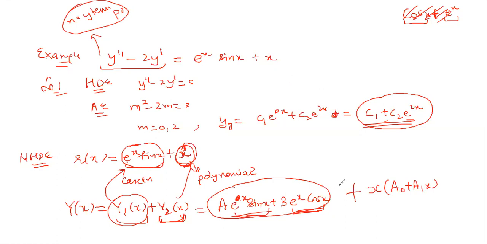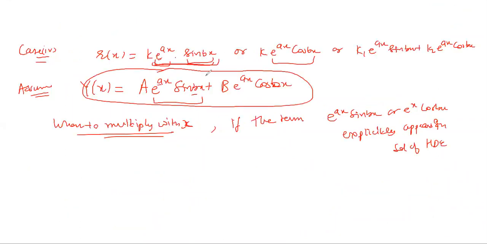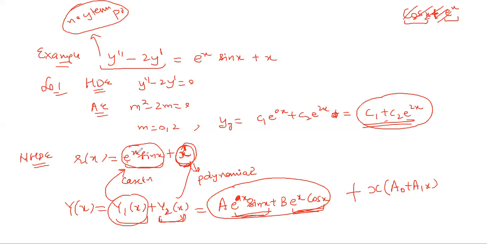Right. So for those who are asking me about a x or b x, it's not about that. This a and b which I write is general. This is coming from here: whatever a in e^(ax) and b in sin bx is appearing here in R(x), the same a and b you have to take. So in our case, we have e^x sin x, so your a is 1 and your b is also 1. That's why y1 is e^x sin x.